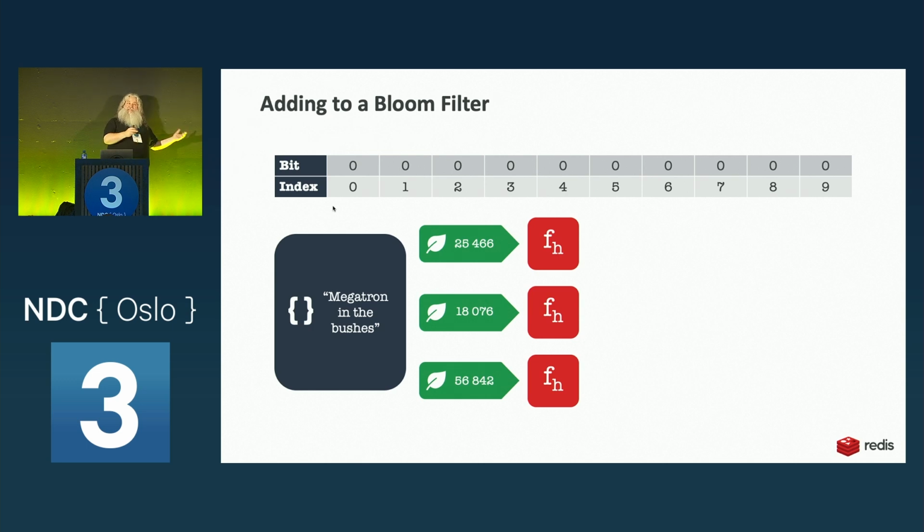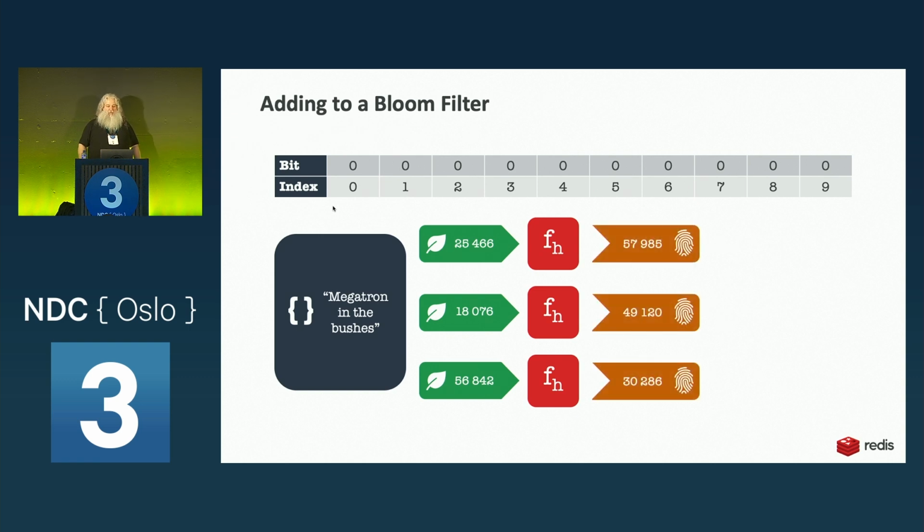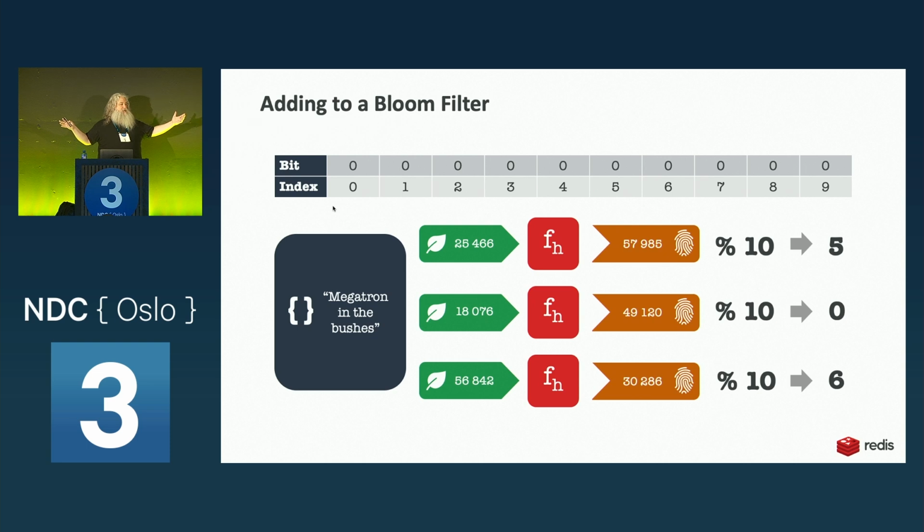So when we take this string about this wonderful little story, we run it through these hashing functions, just like we did for the hash table. And we'll get numbers, like a 32-bit integer maybe. And then we will modulus these with the width of our Bloom filter, which is just 10 bits. We have a very small one. And this will give us an index. But instead of adding things to a linked list or anything like that, we just set the bits to high. So Megatron of the bushes turns into a bunch of indices, which turns into 1, 1, and 1 in those positions.